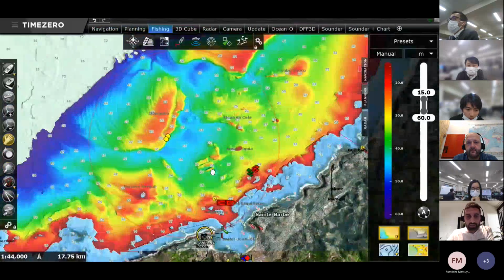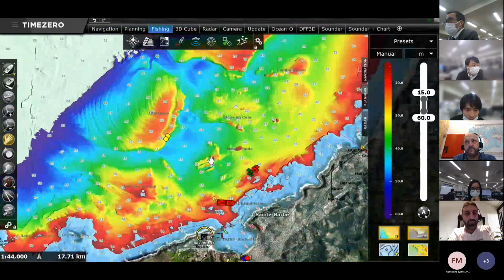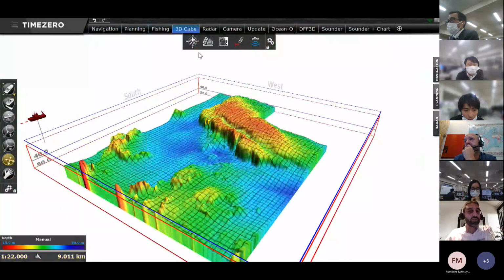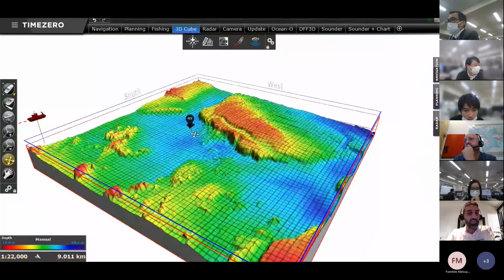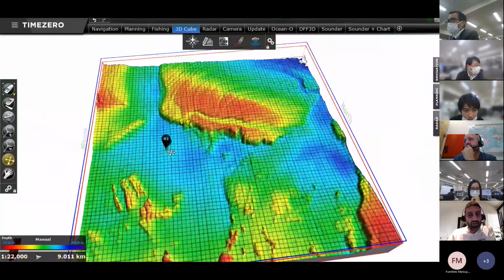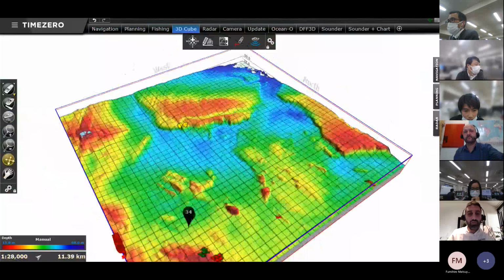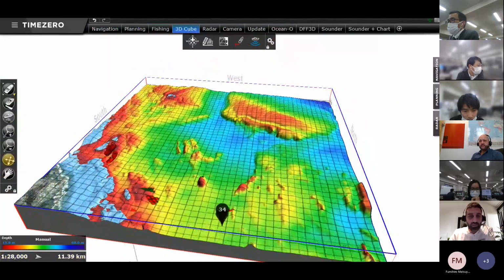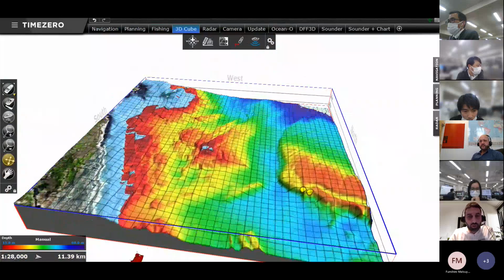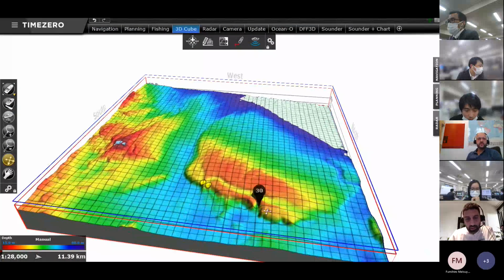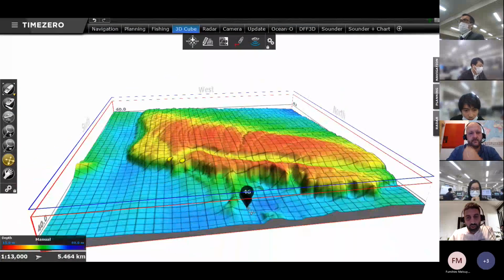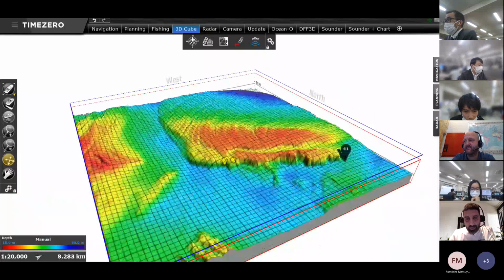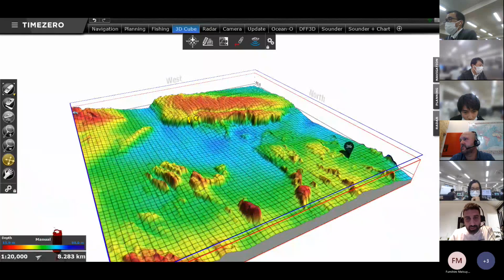I would like to finish this chapter of PBG with a 3D cube, because this is also a workspace that is unlocked when you purchase the PBG module, and that allows you to very simply see your bottom information in 3D. It has been designed to make it very easy for the user to go across your data, zoom in and see exactly how this looks. I hope this looks nice on Teams. I hope that you can see how the database is a high resolution database.